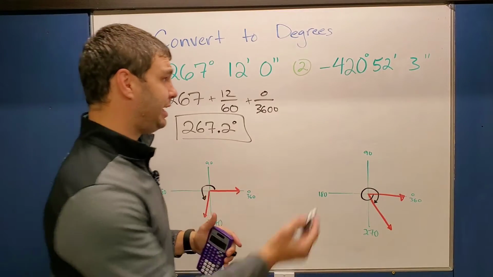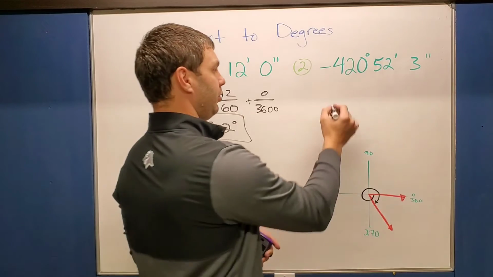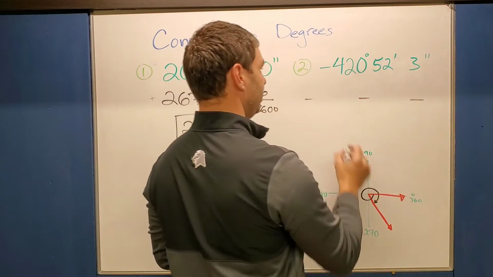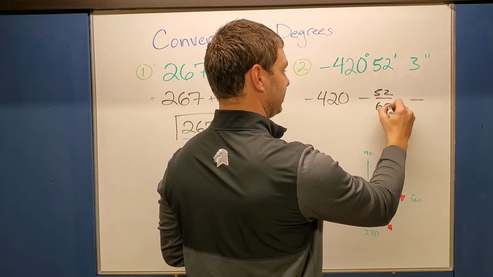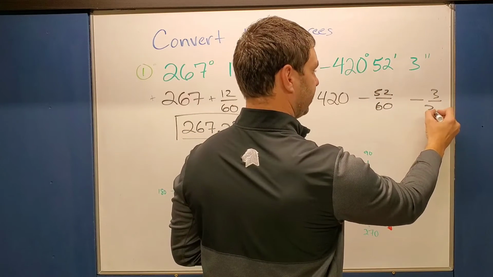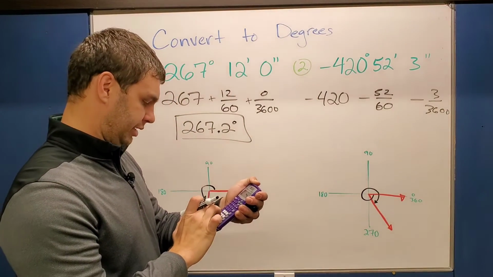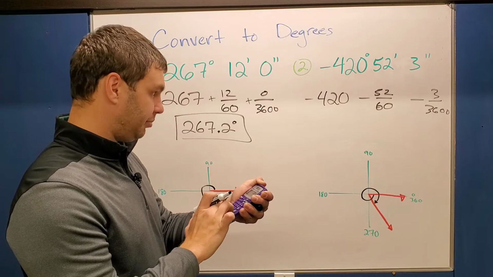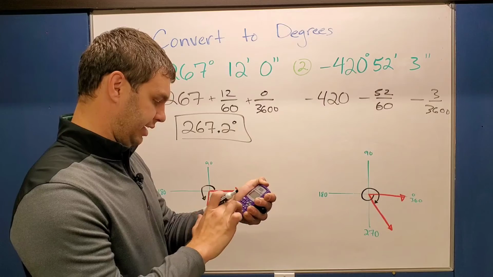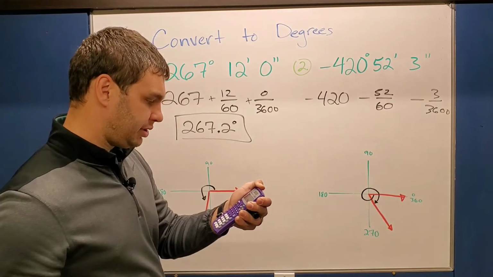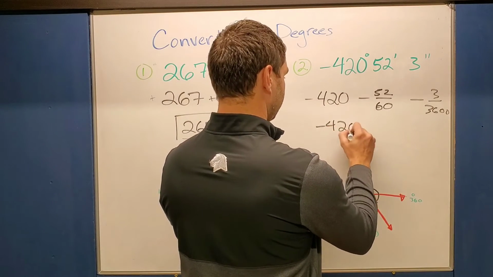Now, because this one is negative, we're still going to divide by 60 and 3,600, but this time we're going to have those negatives in between. So negative 420 minus 52 over 60 minus 3 over 3,600, all right? And then you can type that in exactly like it looks. Negative 420 minus 52 divided by 60 minus 3 divided by 3,600. Hit enter, and this time I get negative 420